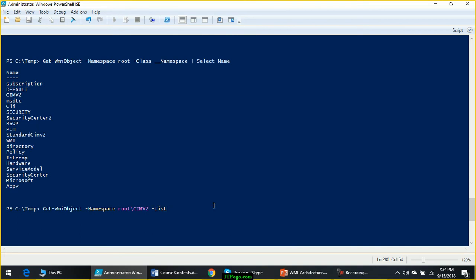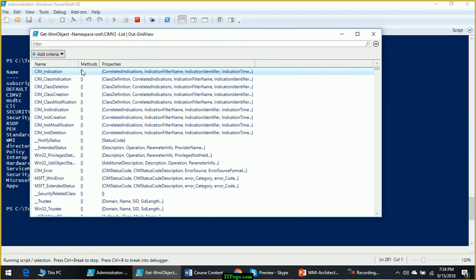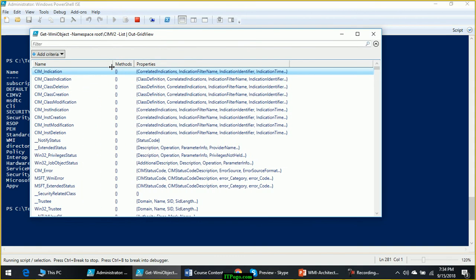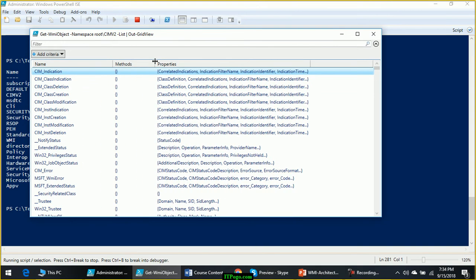-List will give you the list of classes available under that namespace. And in order to take a look in a better way, you can pipe it to Out-GridView. Now these are all classes available under the root\CIMV2 namespace.